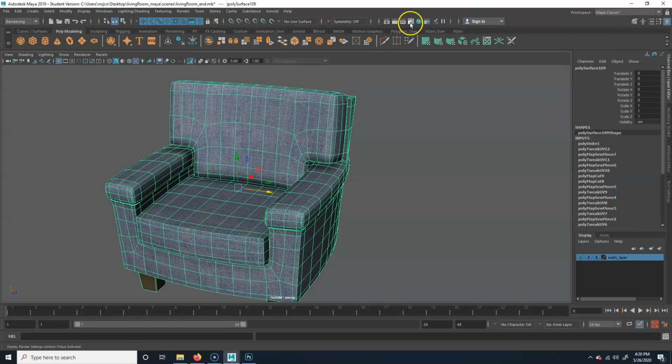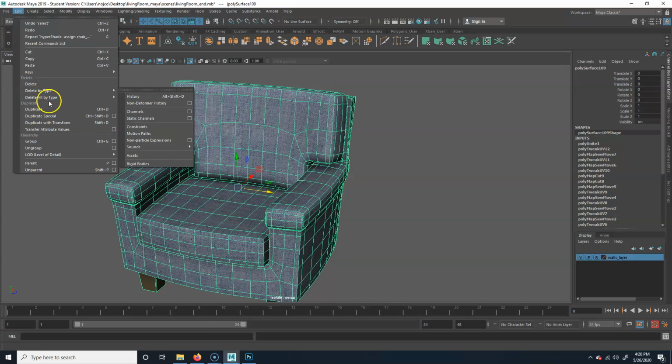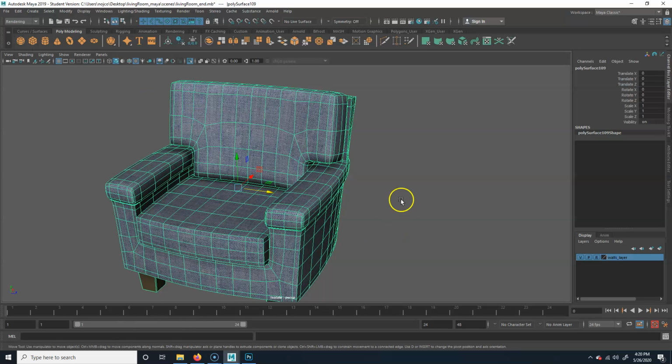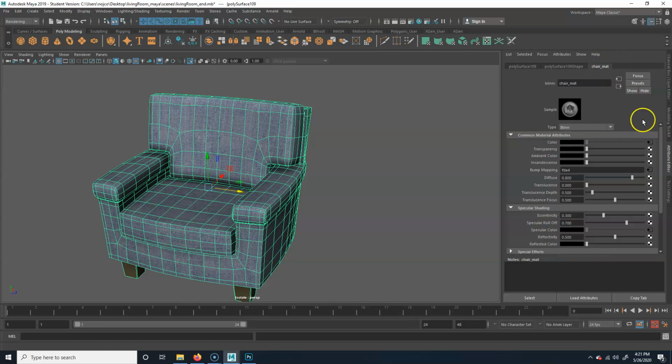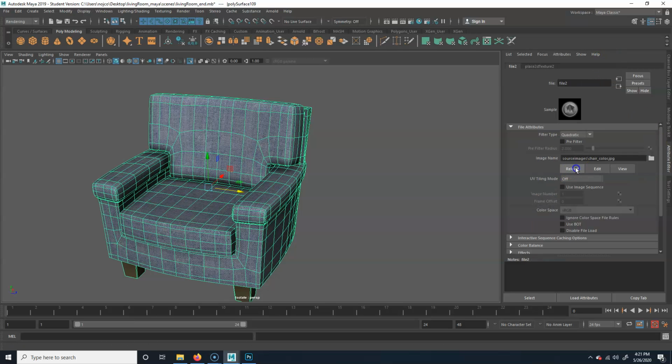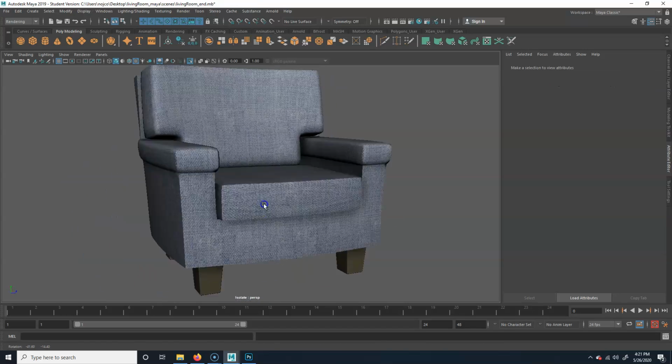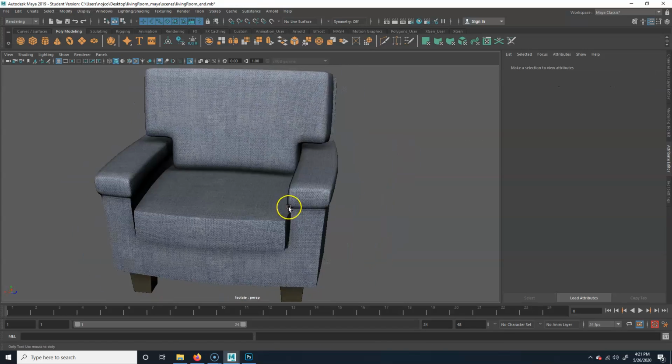And let's go over here, and I'm going to do edit, delete all by type, history, and then we're going to go to the attribute just so it doesn't have all the things in there, and I'm just going to go ahead and hit reload on this texture. It'll give it a second, boom, okay. And now you're going to see that it now has,